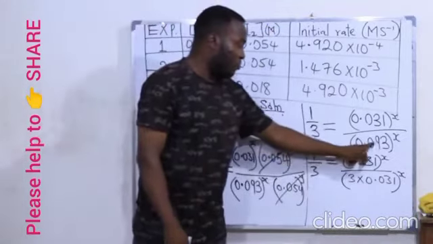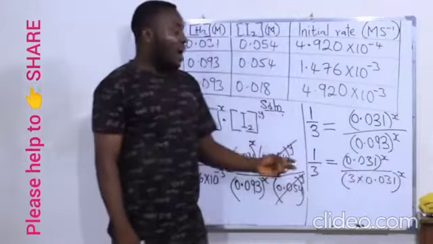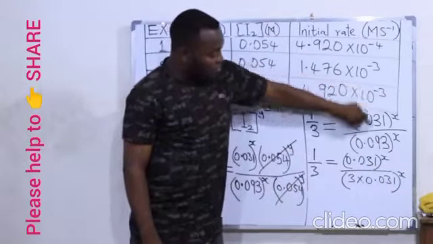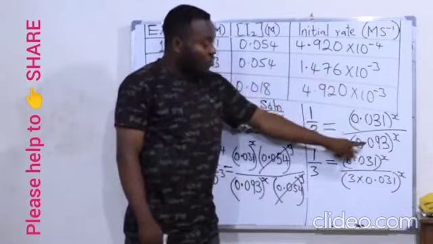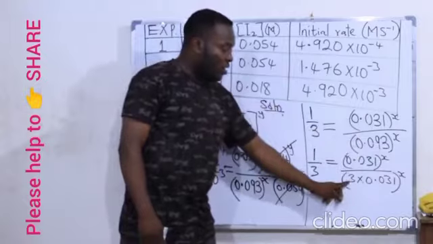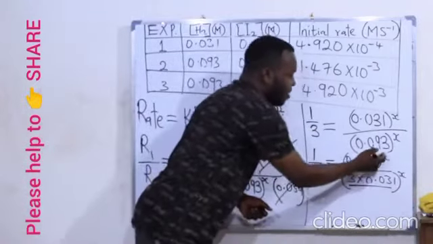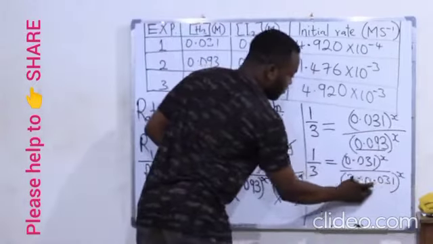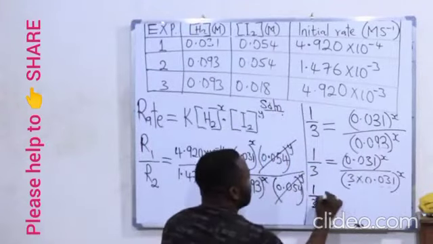This 0.093 is the same as 3 times 0.031. I looked for the number that I will multiply this by so that it gives me this. When I found that number, I discovered that 3 times this thing will give me this. So I brought out 3 and this. So this thing here is the same as this. I've not changed anything. And this simply means that 1 all over 3 is equal to